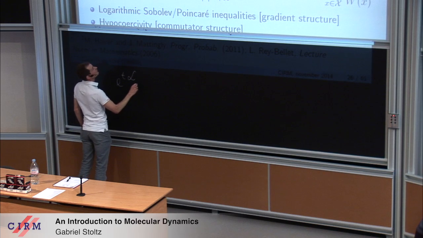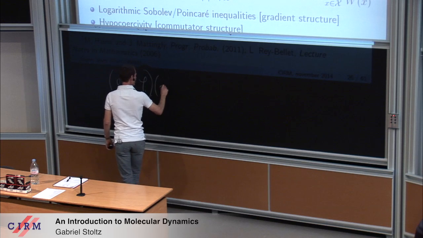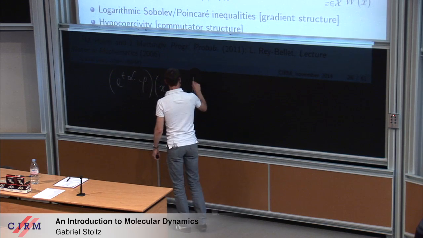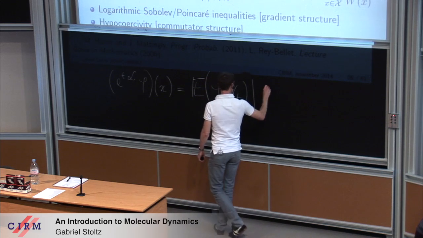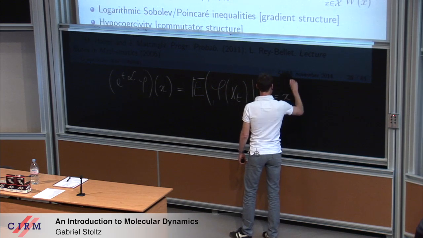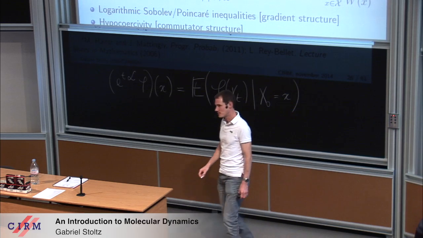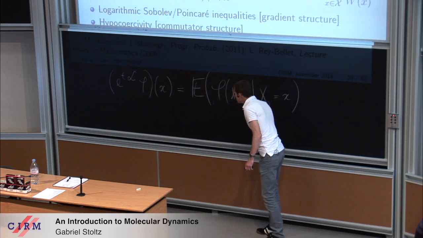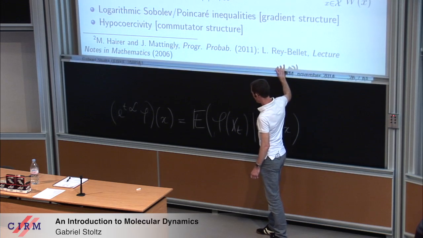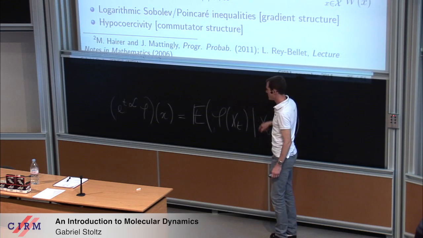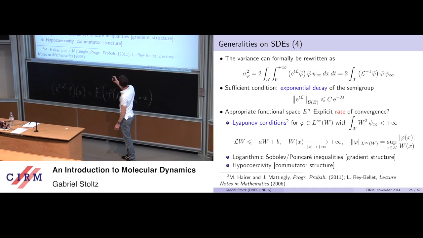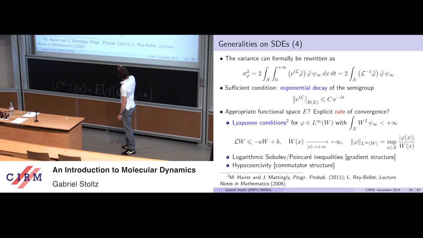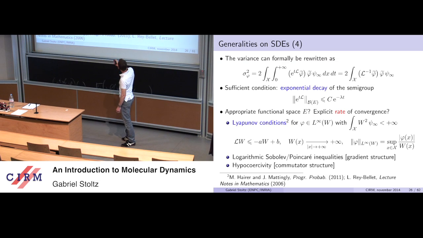Exponential TL of phi of x. This is the expectation of phi of x_t, given that x_0 starts at x. I should have written that in the slides. So if you use this semi-group rewriting of the expectation over realizations of the dynamics, you see that you can rewrite the variance in terms of this operator equality. And now, using formally the fact that the integral of exponential TL is L minus 1,